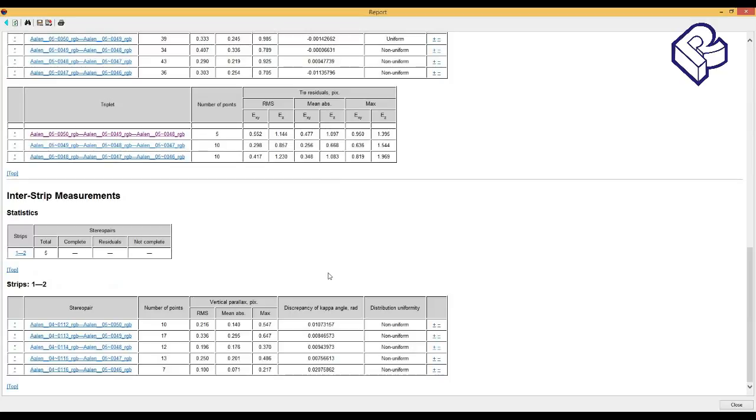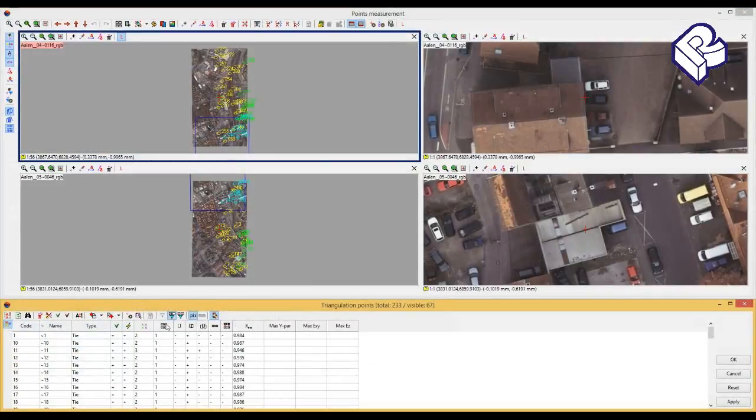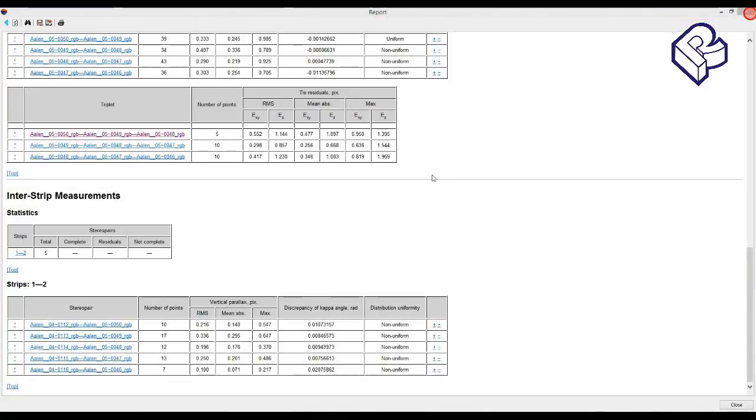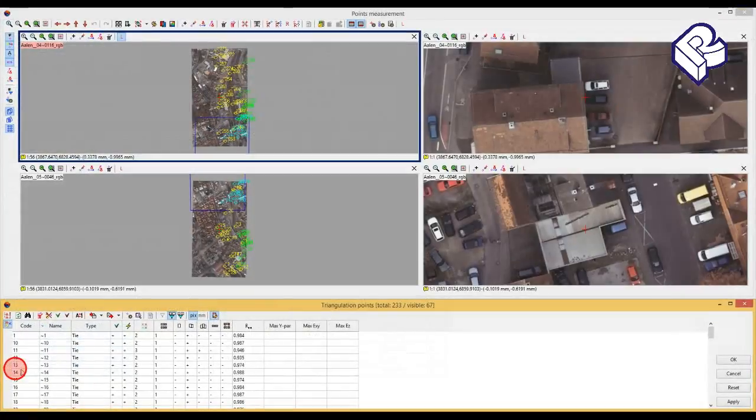But in order to show you how to measure type points manually, let me open one of the interstrip stereo pairs, for example this one. I press the star symbol button near the name of the stereo pair,